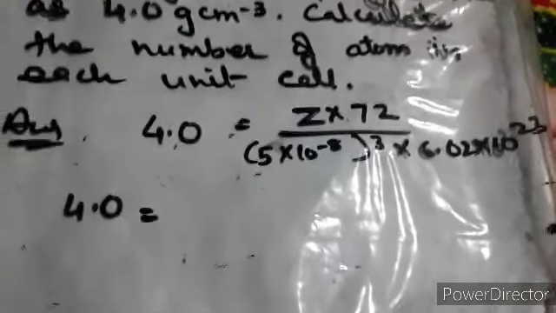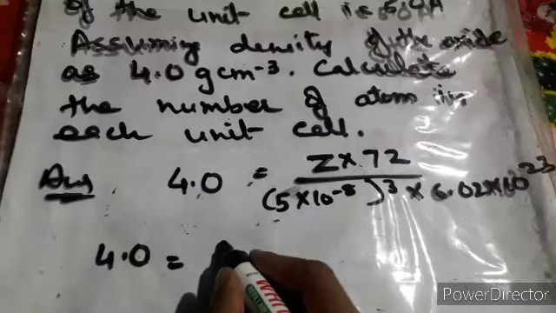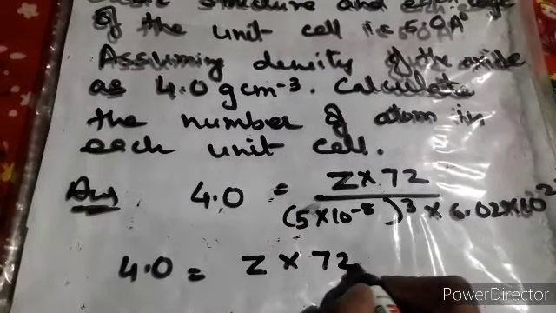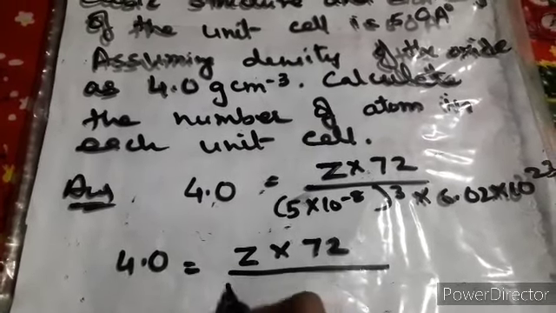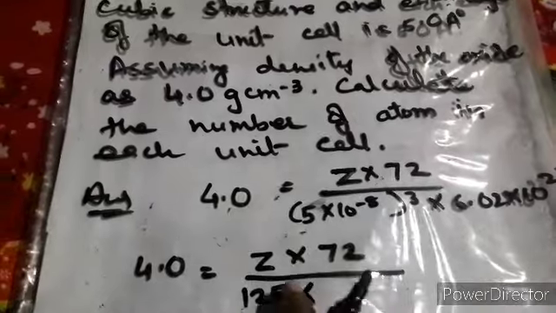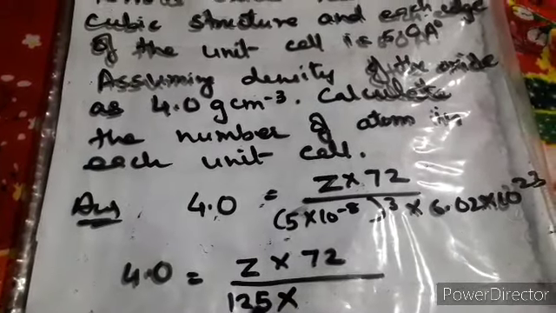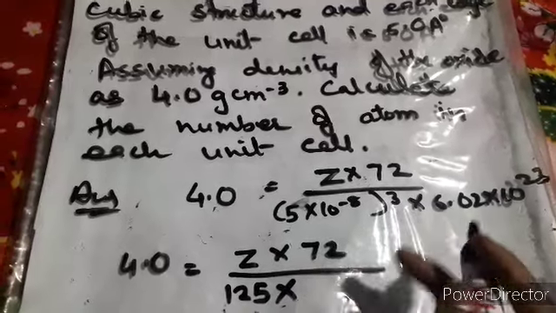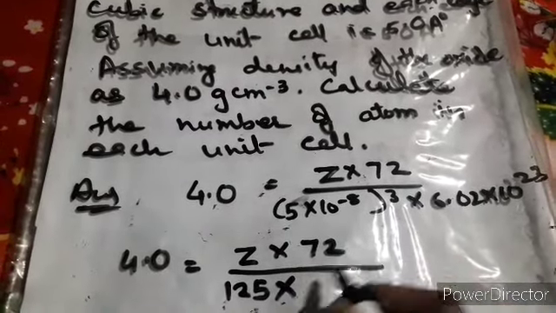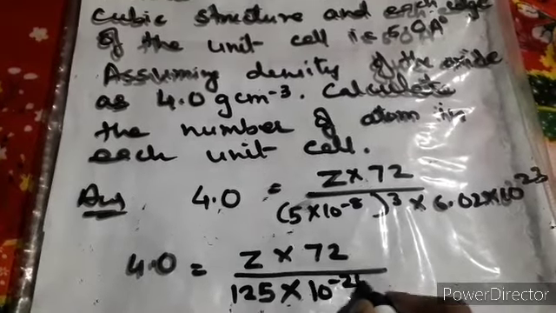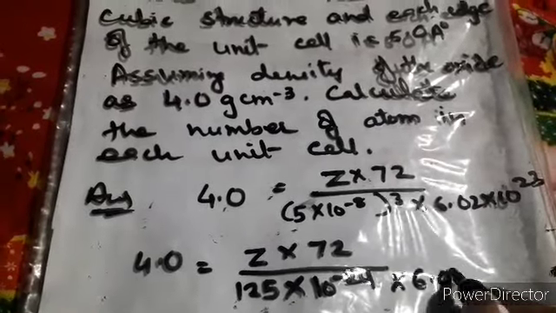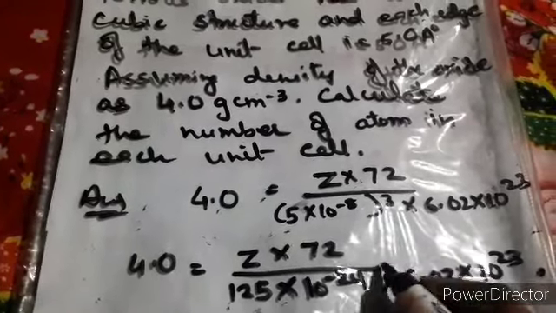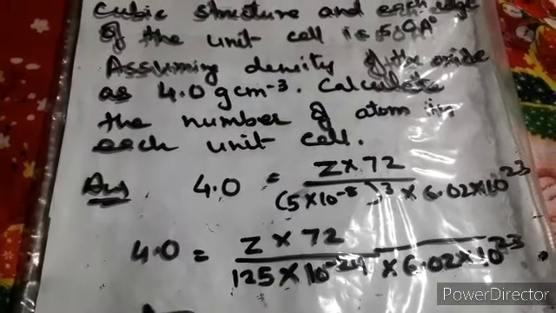Now I have removed my formula so that I can explain how I have done it. I am just putting the same values, Z upon 72, and elaborating it. You know that 5 5s are 25 and 25 5s are 125. So I am getting 125 here, and you know that whatever powers are there, they are added up. So you can add them and simply do it. What you will get is 10 raised to power minus 24. I've removed the units from here, and 6.02 into 10 raised to power 23 I am getting over here. So what will be my answer when I do it?